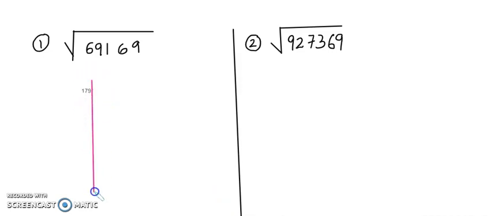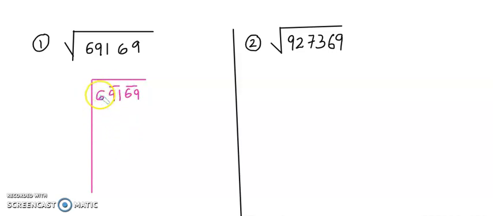So what is the first thing? We'll put the number in a long division format. Okay, that means it will be 6, 9, 1, 6, 9. Correct? So what we have to do now? Yes, we'll make the pairs. So should I start from the thousands place or tenths place or ones place or from lakhs? That means should I start from left to right or from right to left? Yes, we always have to start from the right, means the units place, and we make what? Pairs. So we put a dash to show the pairs. So these are the two pairs.